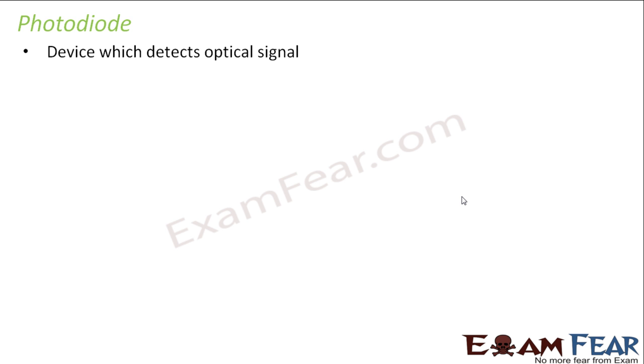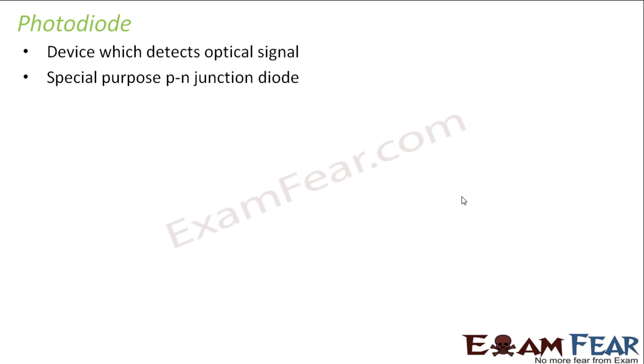Like Zener diode was nothing but a semiconductor diode. It was just that the same semiconductor diode was made to operate in the breakdown region. So when it operates in the breakdown region, it has certain different properties, right? Which were made use of in case of a Zener diode. Now we will see the photodiode and where it operates.